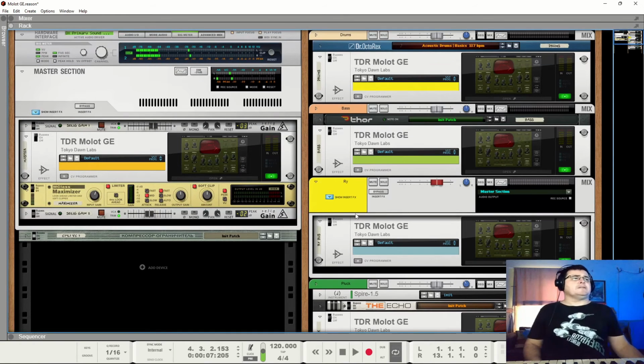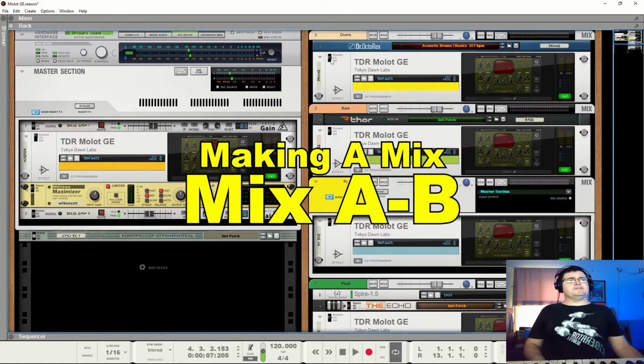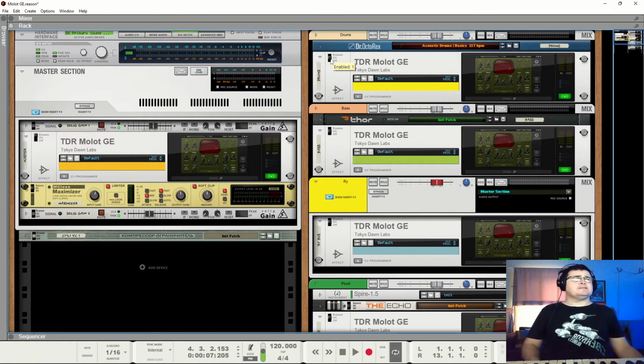I quite like that. So let's just go through again. AB, our mix. Is our mix better now as a result of these compressors? Then we'll look at the mastering side.